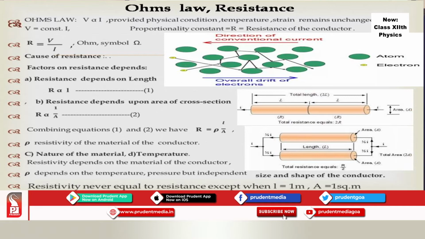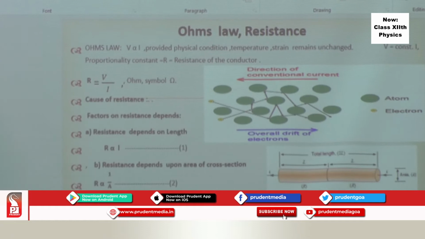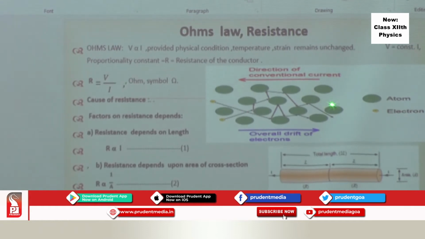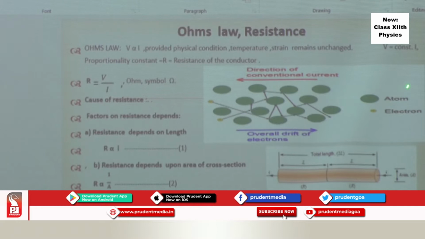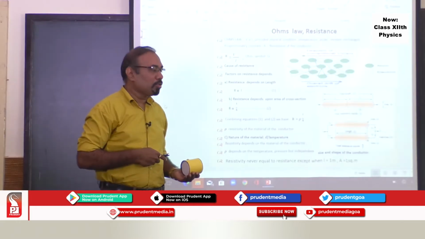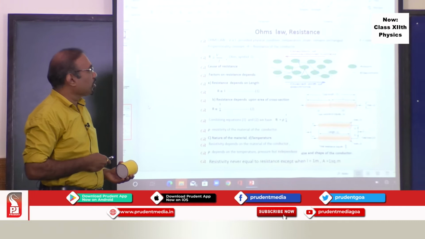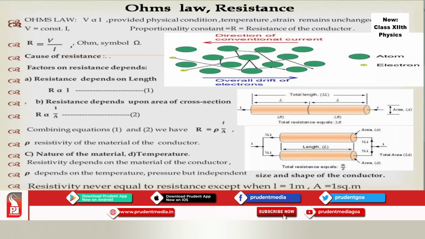Now, what is that resistance of the conductor? As I told you, electrons moving towards the higher potential are constantly colliding with the metal ions. They are not having a swift ride. They are colliding with the metal ions. They cannot move swiftly. That is what the resistance amounts to. So resistance is opposition to the current. If this is the direction of the electric field, this is the direction of the conventional current, electrons are moving in this direction, drifting in this direction, colliding with the metal ions.